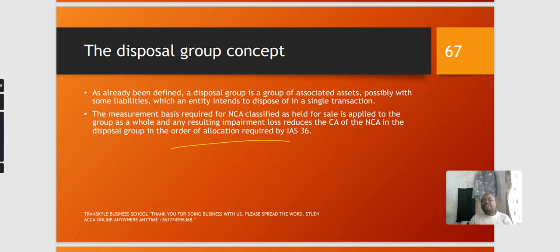Then after that, you get the ultimate carrying amount. So that is the carrying amount you then have to regress against the fair value less cost to sell to see which one is lower, and the lower amount between the two is going to be your value in terms of recognition of the disposal group value in the statement of financial position. I'm sure we are together there.